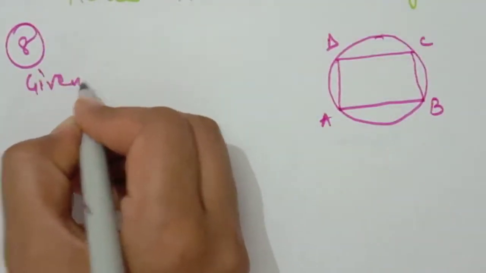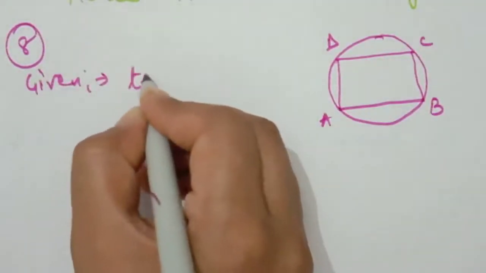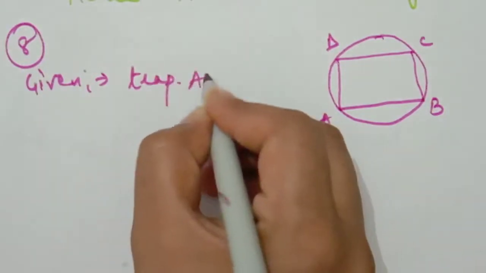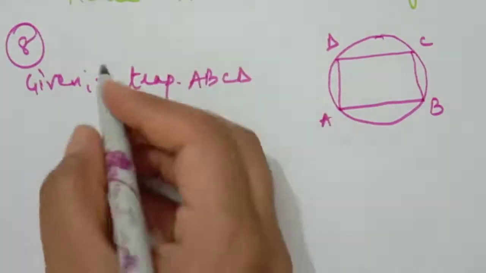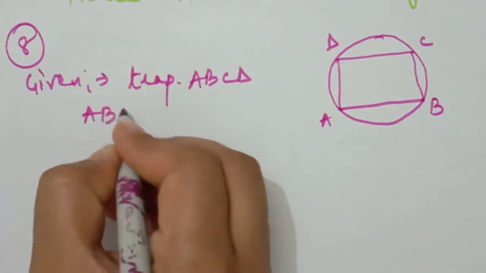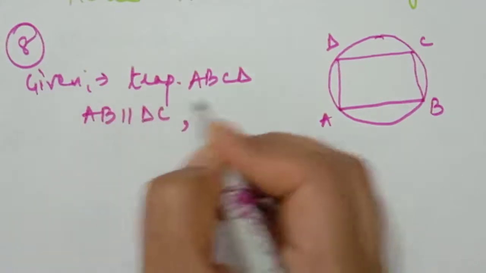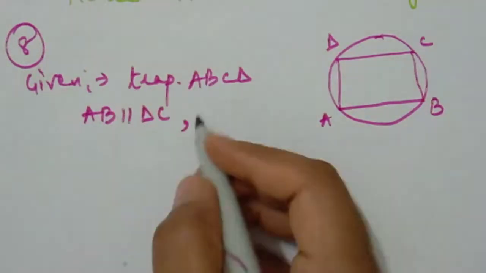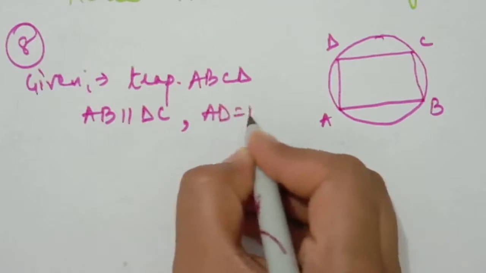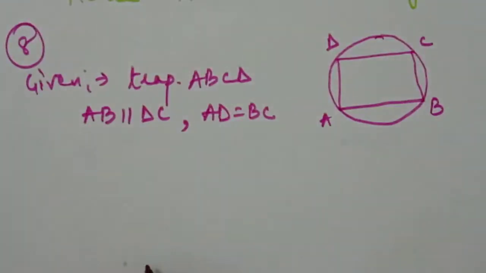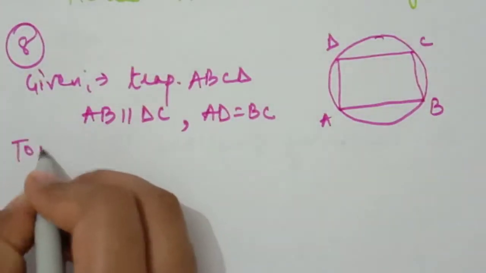What is given? Trapezium ABCD in which AB parallel DC, and according to the given condition the non-parallel sides are equal, and we have to prove